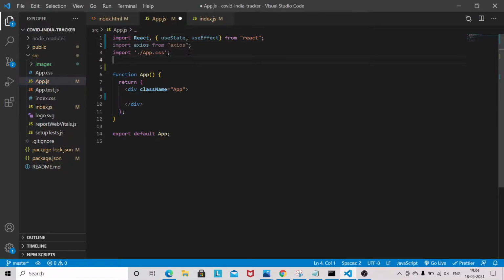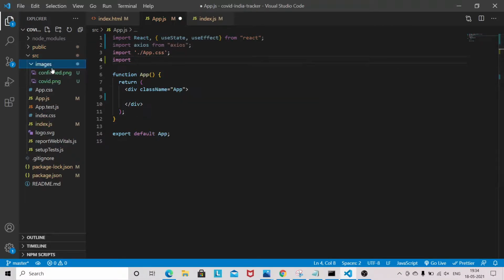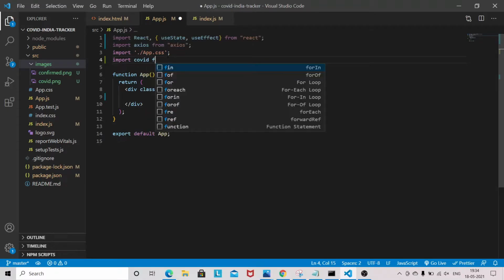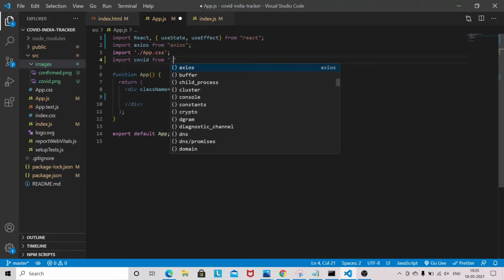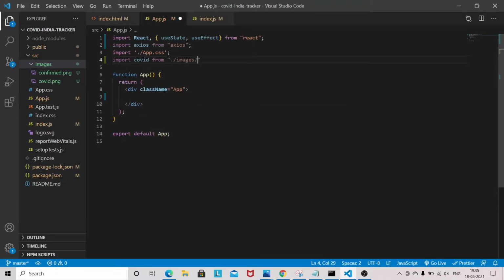We need one image import, the COVID image. So import covid from image/covid.png.